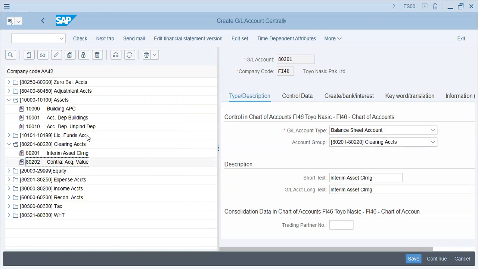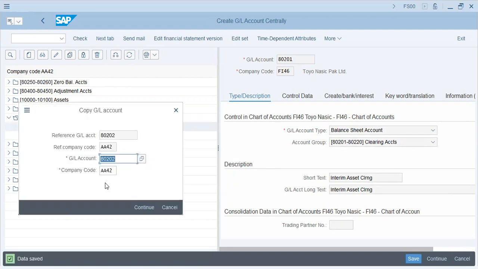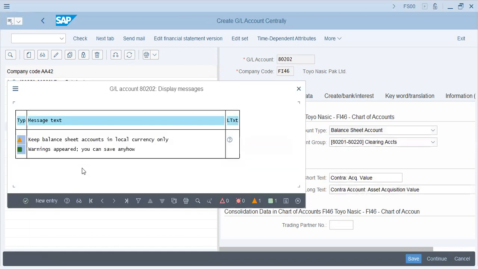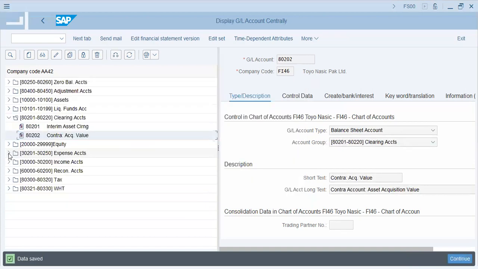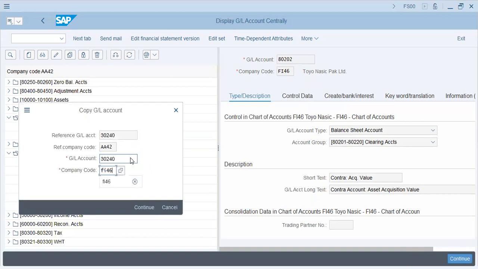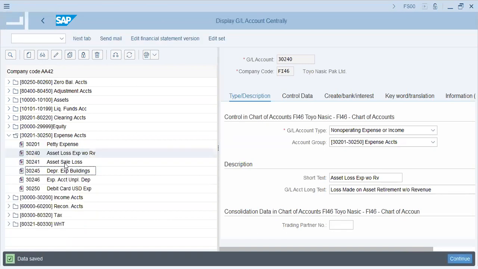Contra acquisition value, FI46. Expense, asset loss without revenue, asset sale loss,